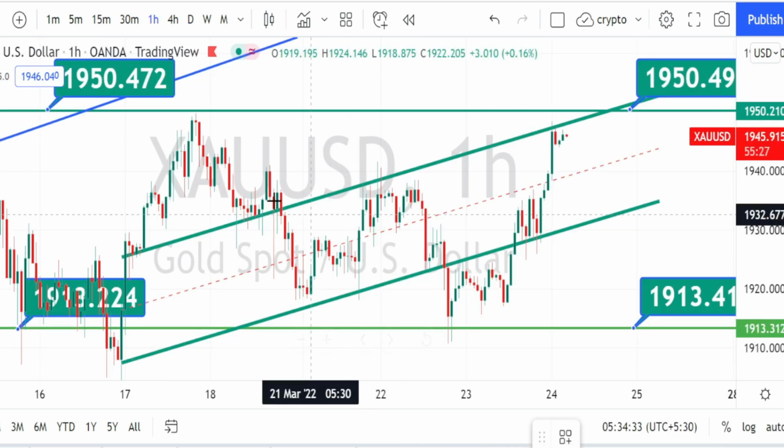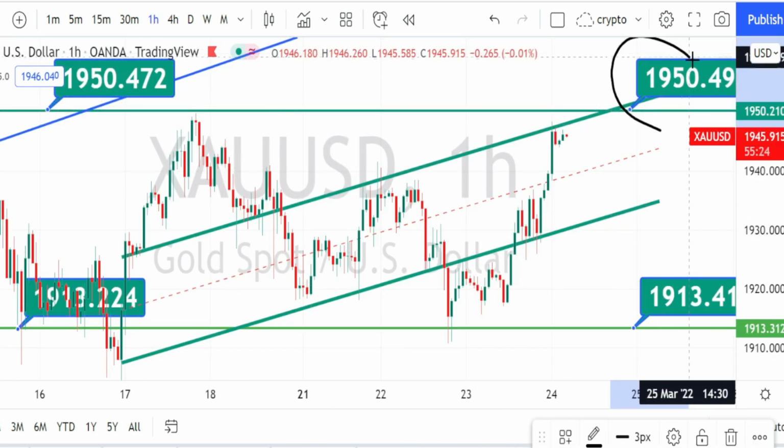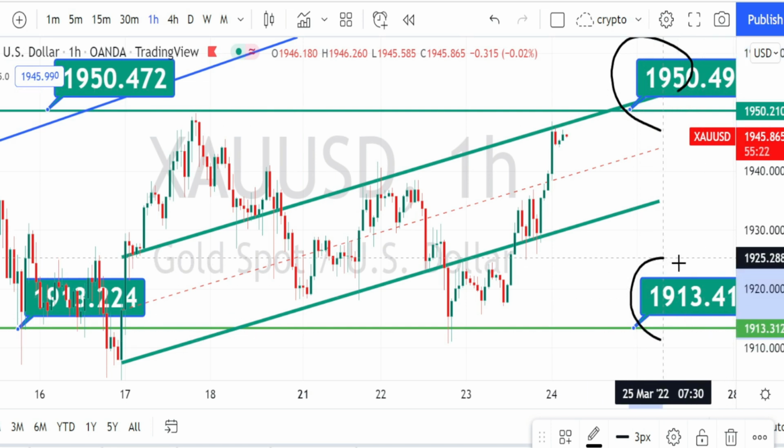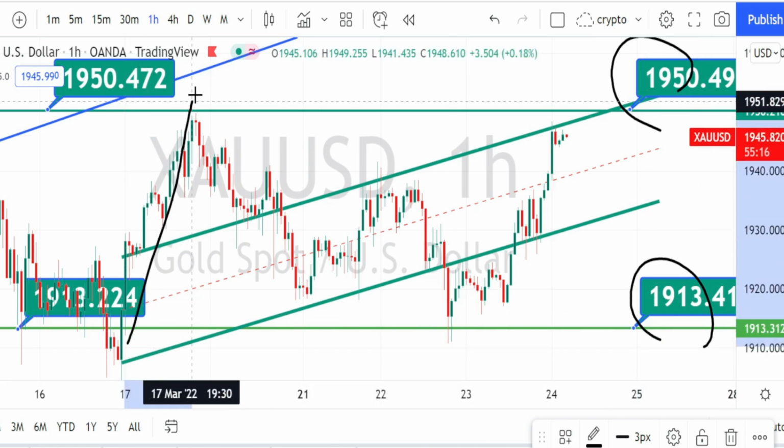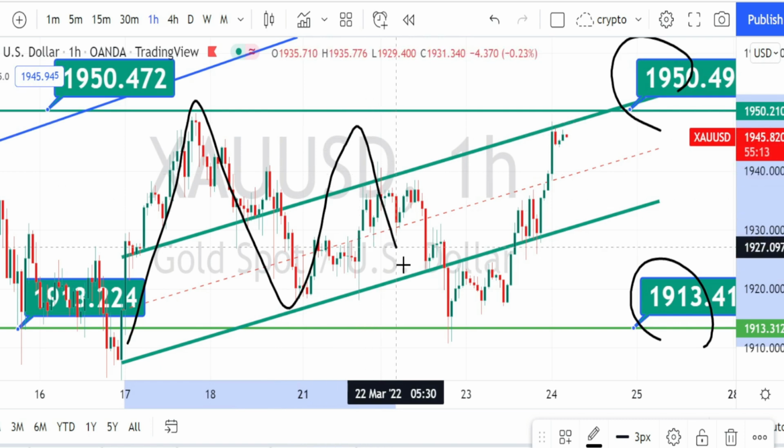I'm in hourly time frame now. When we look at the price action in hourly time frame also, it is trading between this resistance level of 1950 and support level of 1913, and it is moving on a sideways. Within this price action,